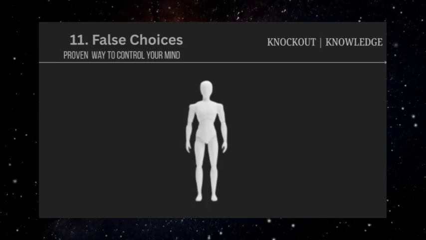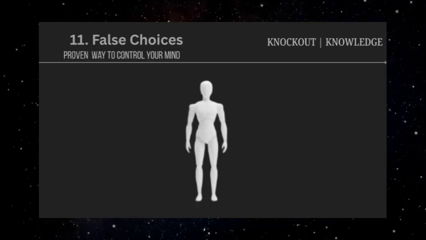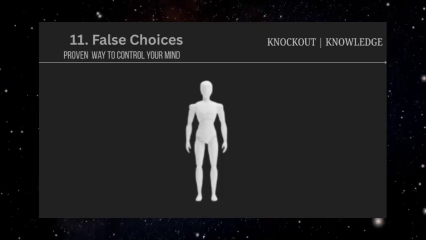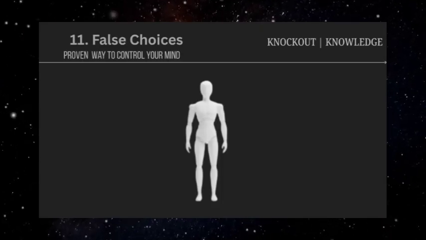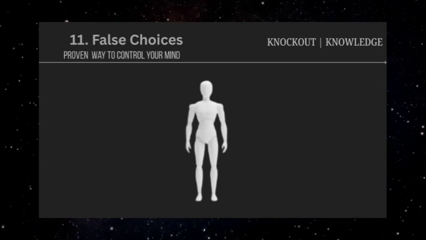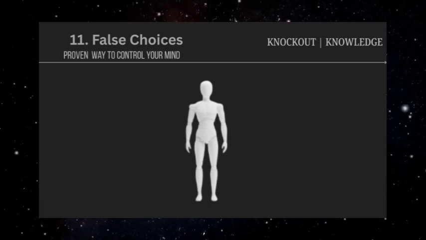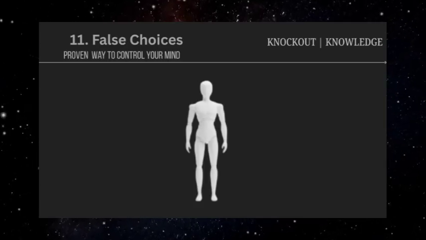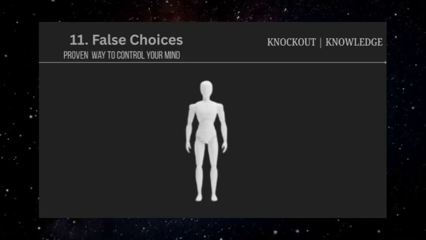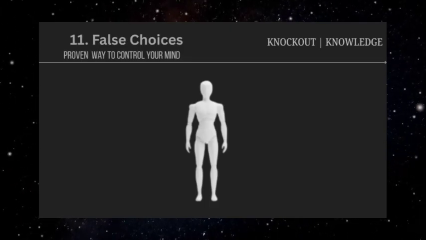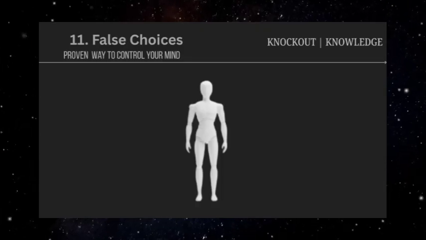It's also worth paying attention to how choices are framed. If the options seem designed to guide you toward a particular outcome, or if one choice is obviously undesirable while the other serves someone else's interests, you might be experiencing a false choice situation. The antidote to false choice manipulation is expanding your awareness of alternatives before making decisions. This might mean asking for time to consider other possibilities, consulting with others who aren't invested in the outcome, or simply stating that you don't accept the limited options being presented.